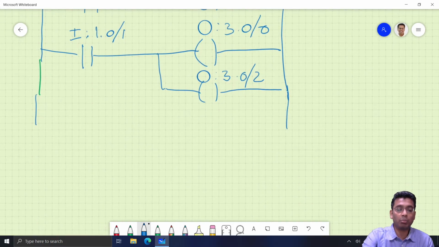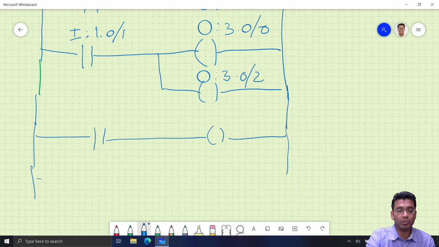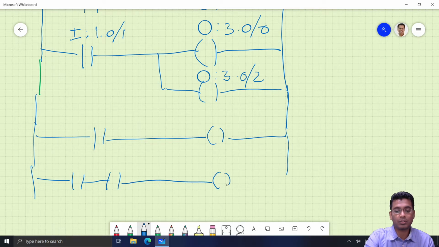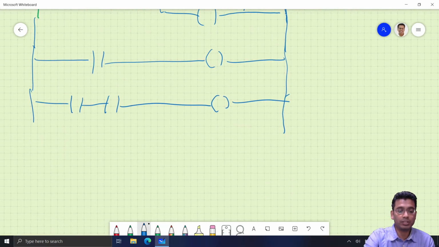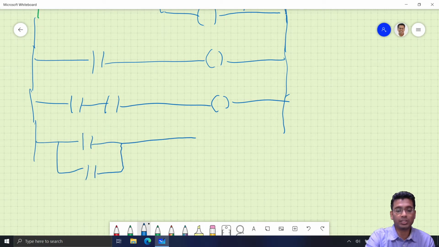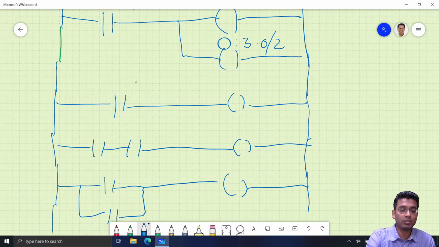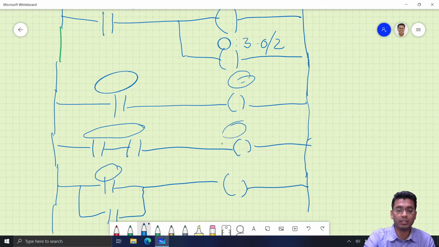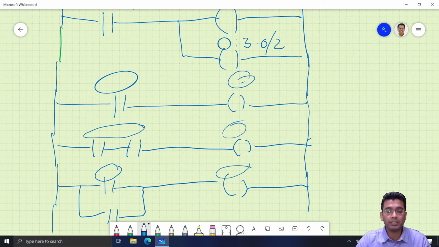Similarly, if you have more inputs, they will all end up like this. Suppose this is there, you may have a third and a fourth rung. Then you can also have a rung in parallel, making an OR circuit for this output, and so on. For all these you have to give your input addressing here, and your output addressing will be in this portion. Once you make this program, you have to download it into the PLC, and then your entire system will start to work.